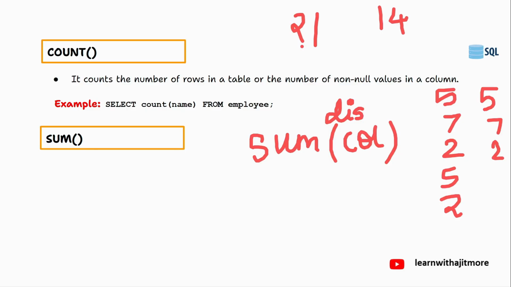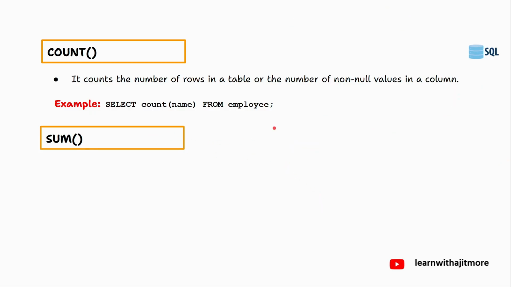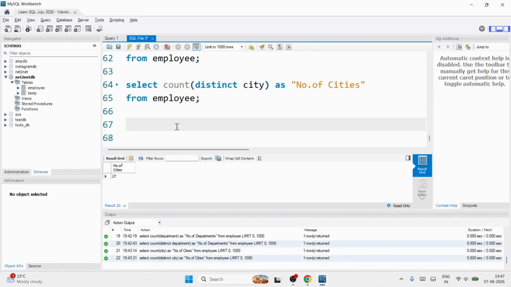Understanding? Clear? Okay, but to sum you should give only which column? Column which is containing numeric value. Okay, if you give a column in which there is non-numeric, it will simply give result 0. Clear? ऐसे होता है. तो देखो, here if I write select sum of salary